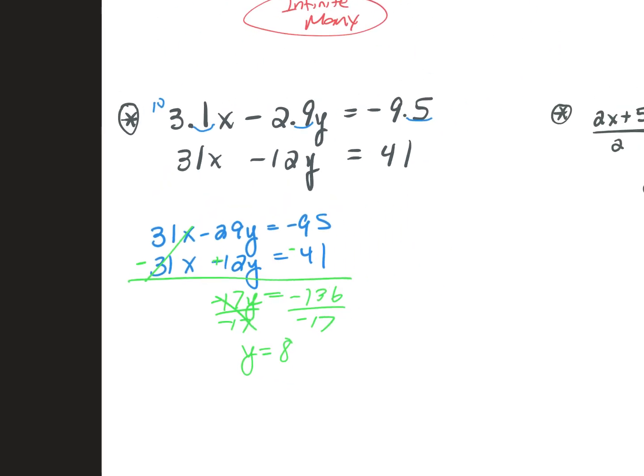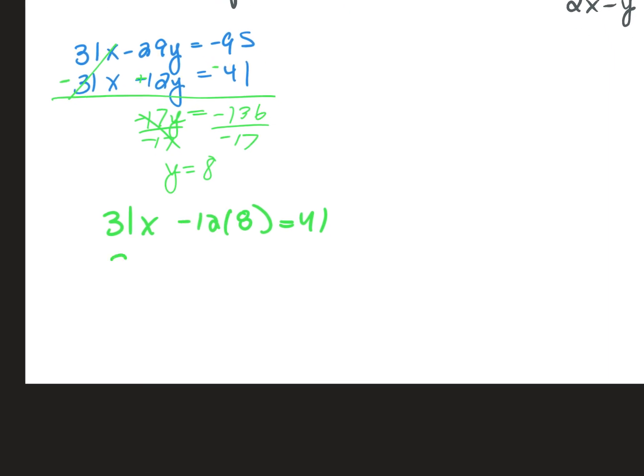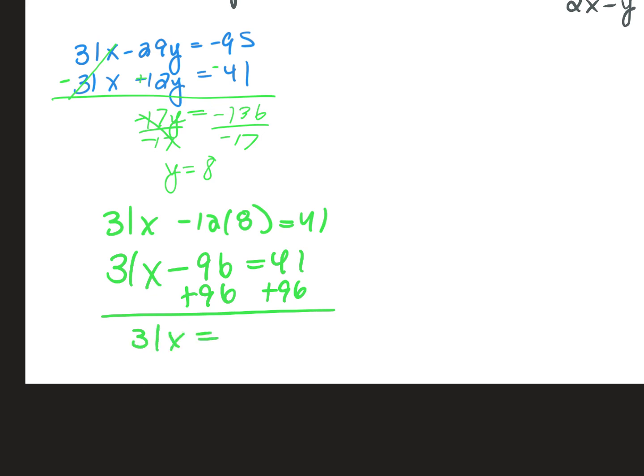So again, we have to use our back substitution to figure out what x equals. So I'm going to say, okay, 31x minus 12 times 8 equals 41. So we have 31x minus 12 times 8, which is 96, equals 41. So I'm going to add 96 to both sides to get my x by itself. So 41 and 96 is 137. Divide both sides by 31, and x equals